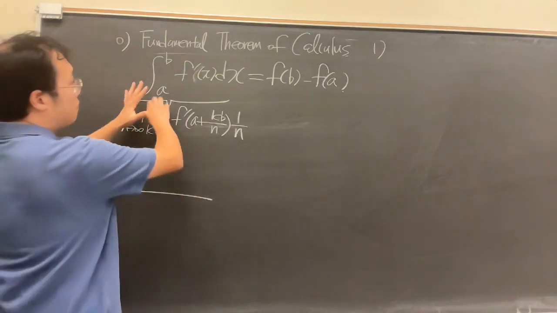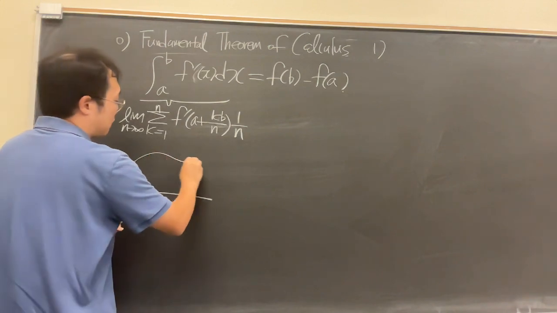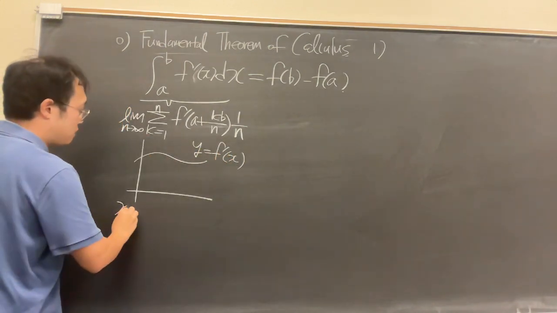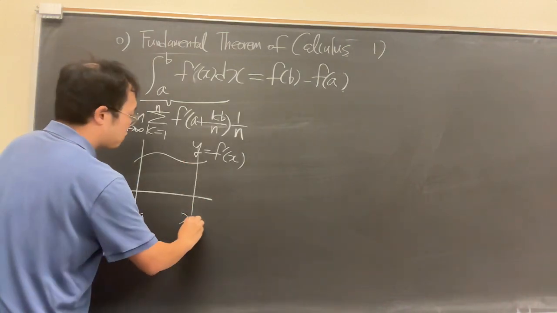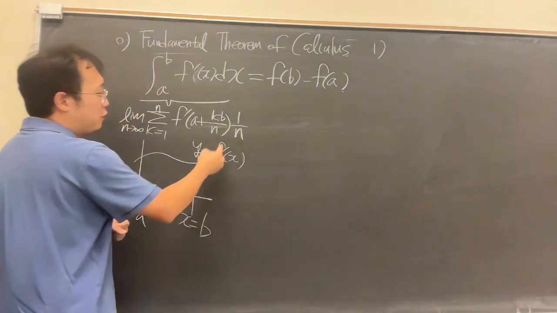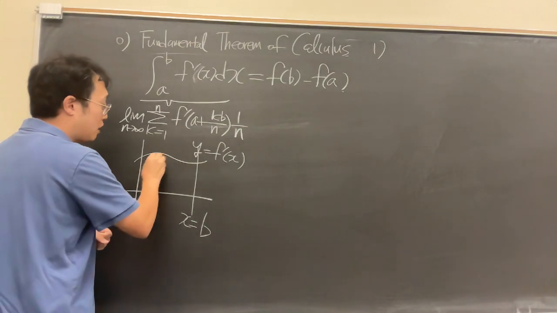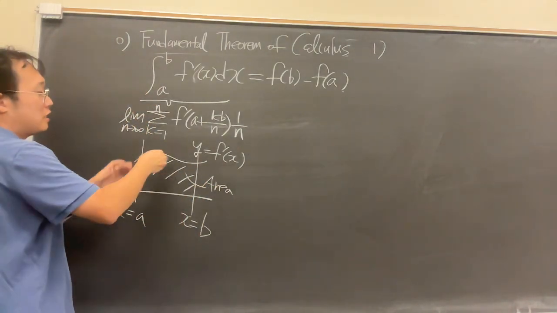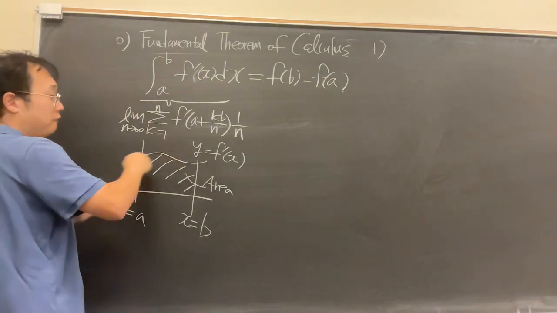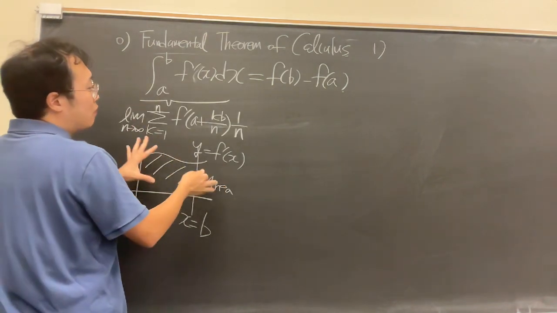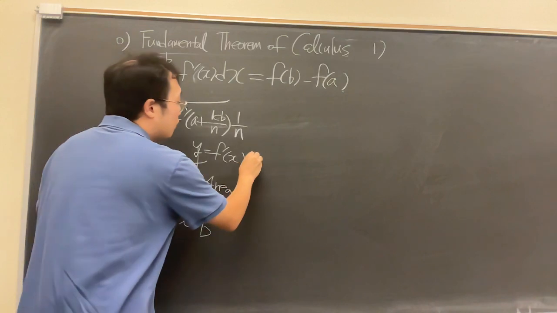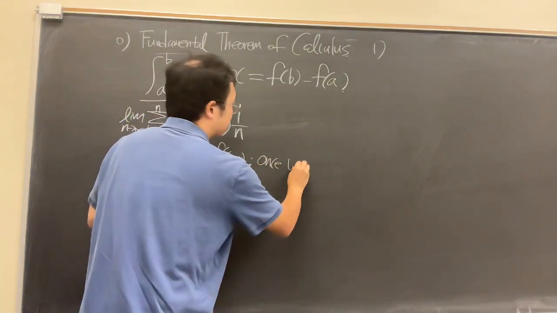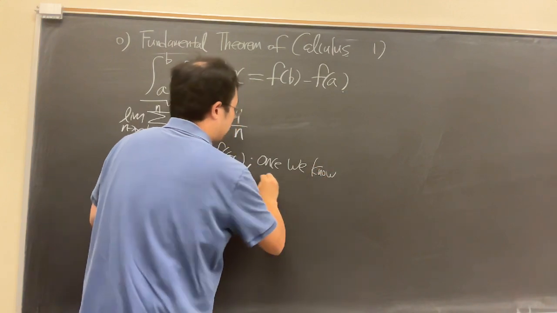The magical perspective of this statement is that if the function is given from x equals a to x equals b, and let's just assume for our intuition that this is non-negative, so that we'd like to know this area, even though the graph is an arbitrary smooth graph, we are able to compute this only if we look at the concept of the antiderivative. So once we know the antiderivative,